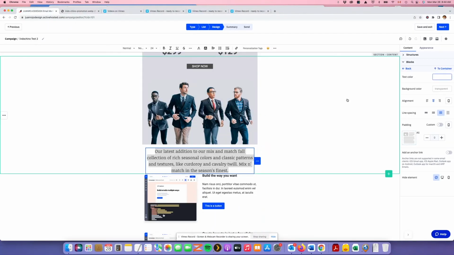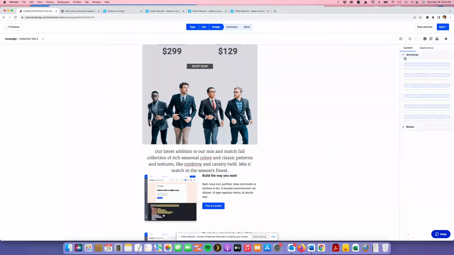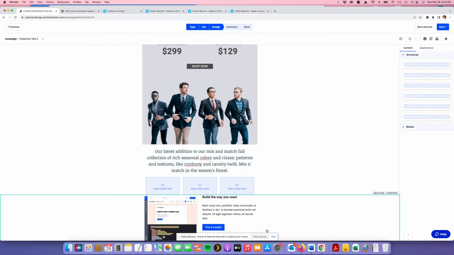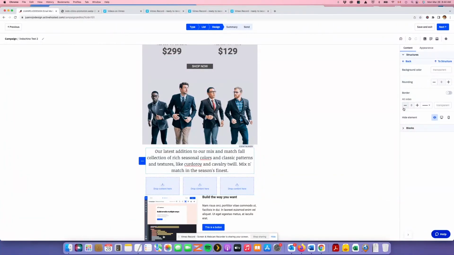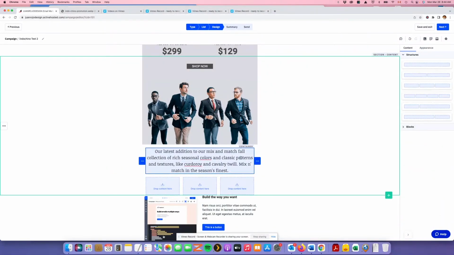All right. So let's add another structure. And this time it's going to be a 3-column. Okay. I might need to add a spacer here or more. Well, let's see if I can add it here. Container. Add more padding. Doesn't seem to be. Yeah, I don't think I can add padding here. So I'm going to have to add a